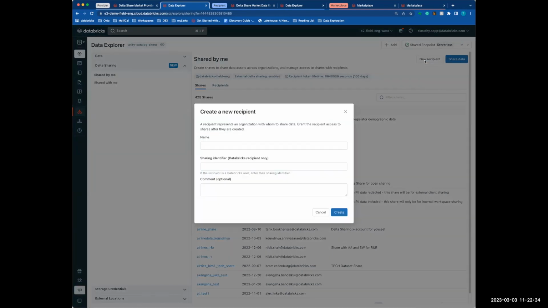And then when you want to create a new recipient, and again, you don't have to do this in any specific order. You can create the share, add recipients to it later, and vice versa. But when you create a new recipient, this is the area that you would determine if it's, let's say, Databricks to Databricks or Databricks to open source. So when you create a new recipient, you simply name the recipient that you're adding,